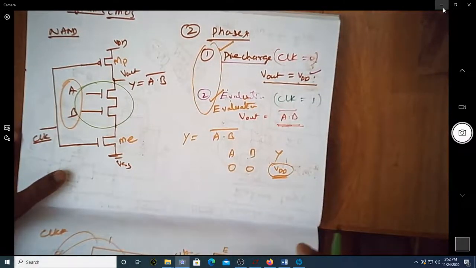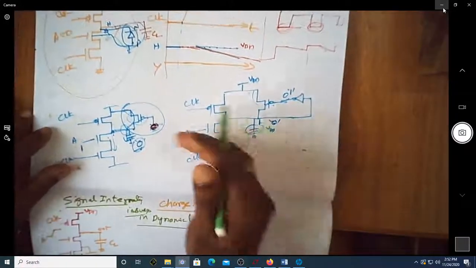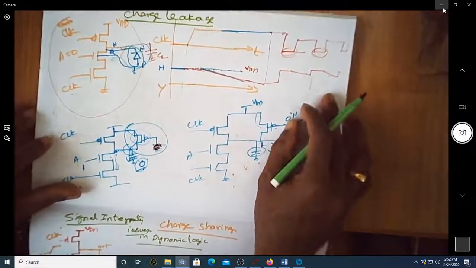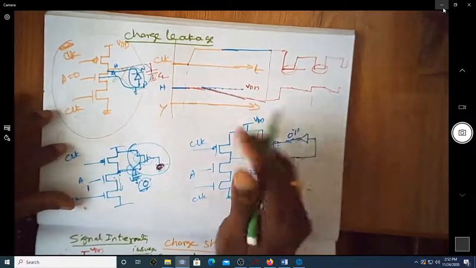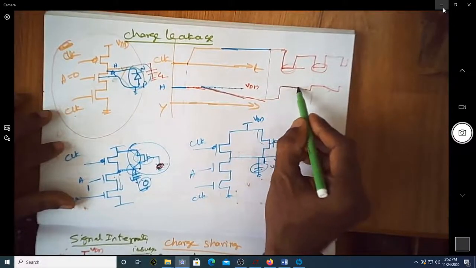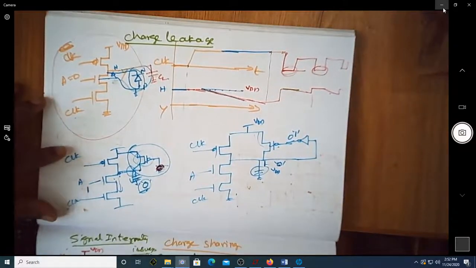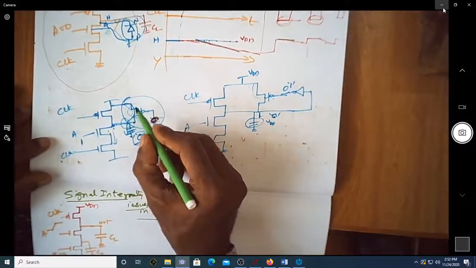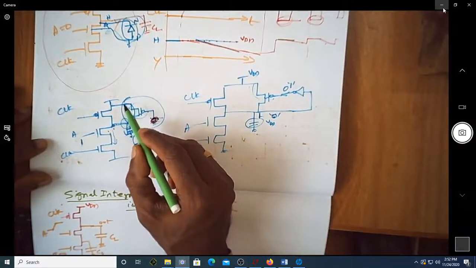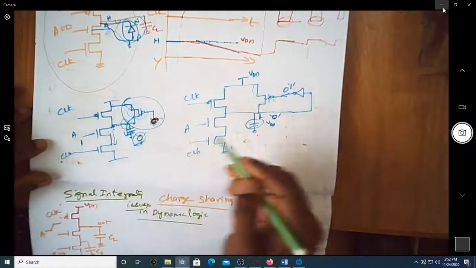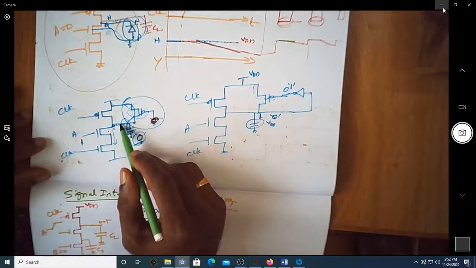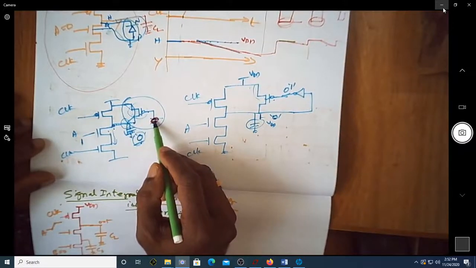One is to pre-charge the output to VDD, and the second one is for evaluating the output with respect to the corresponding input combinations. So we were discussing in the last video that there is a possibility of power leakage whenever the output remains at VDD. We also saw how to overcome that by having one more PMOS transistor connected from VDD to the output. And it was also found that there is an issue with keeping this always on.